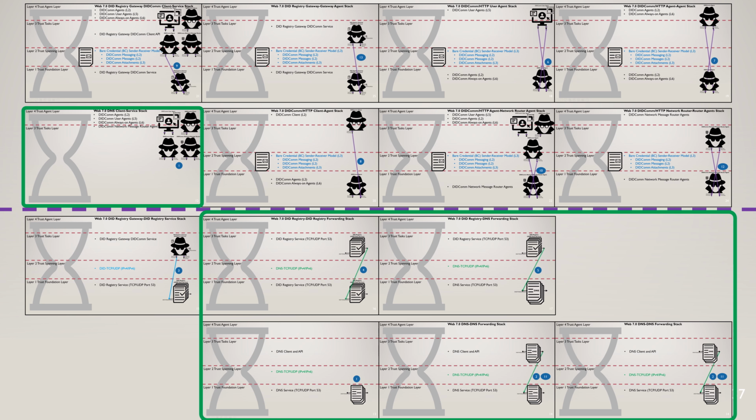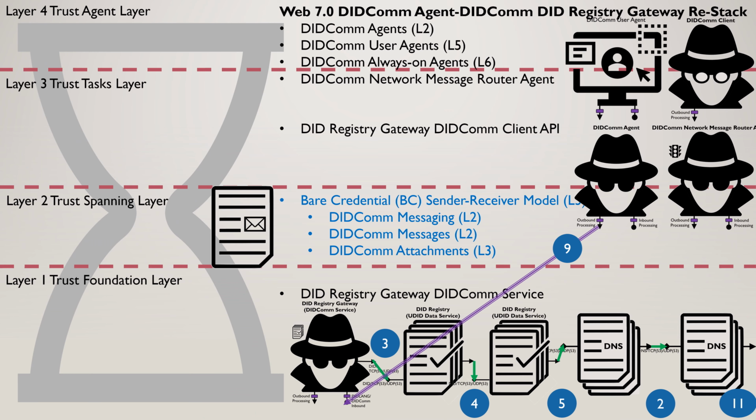So to apply step 4, the SLAM stack restacking, we're going to take the SLAM stacks highlighted in green and do this to them. We're going to create a DIDComm agent, DIDComm DID registry gateway restack. And this is going to more faithfully